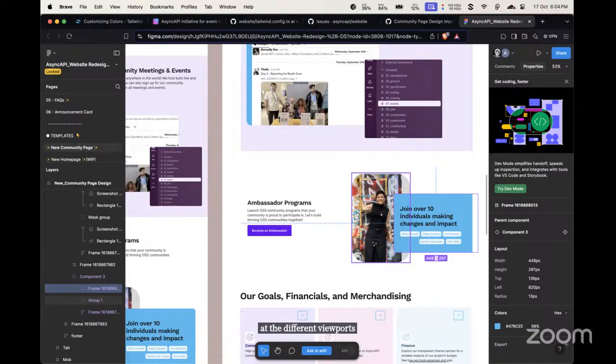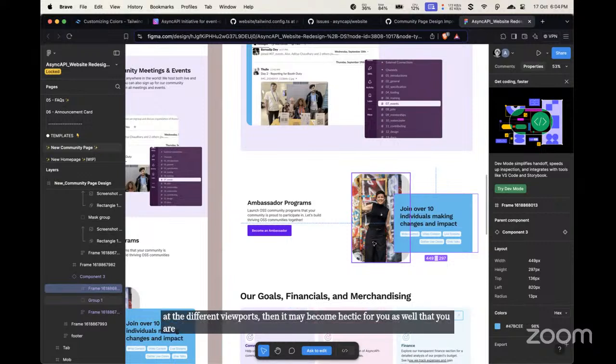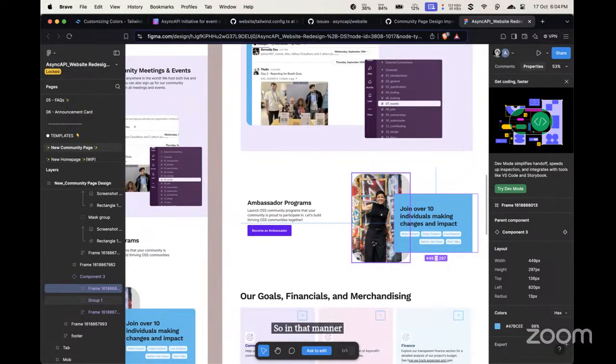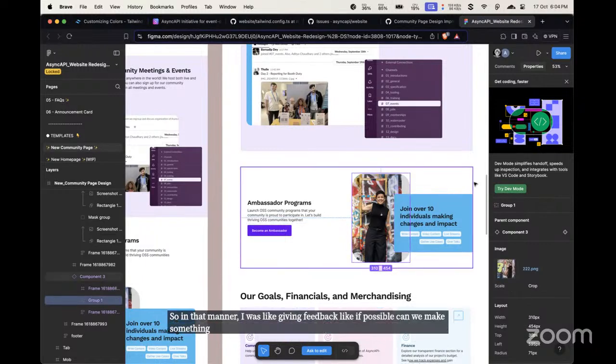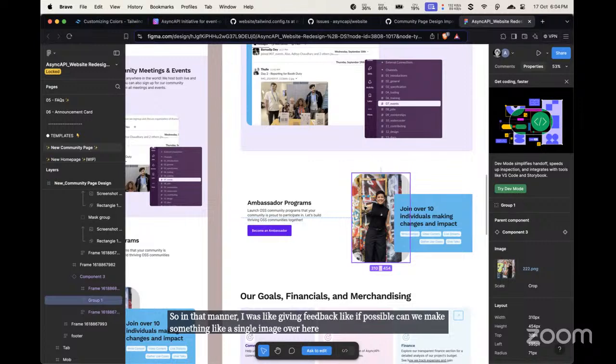Then it may become hectic for you as well, providing different designs for multiple breakpoints. In that manner, I was giving feedback: if possible, can we make something like a single image over here? The image can have multiple